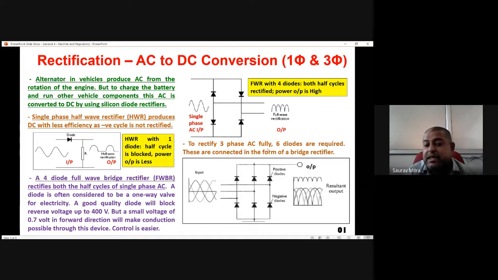So to rectify the three-phase AC, which is produced by the alternator, this kind of rectifier we require, which is called a 6-diode full wave bridge rectifier. So these three are called the positive diodes, and these three are called the negative diodes. So this kind of bridge we are going to keep inside the vehicle, because the alternator is producing this three-phase AC, R, Y, B phase, each phase 120 degrees apart. Each of these three phases is rectified, and we are going to get output DC, but this is called ripple DC. So there is another stage required after this, which is called a filter. From the output of the filter, we can get perfect DC.